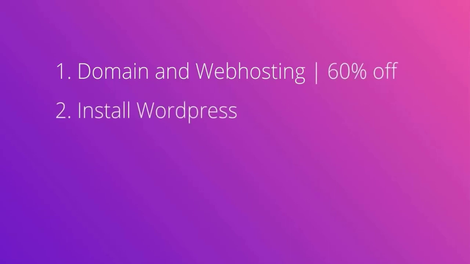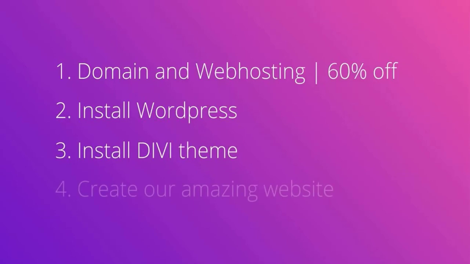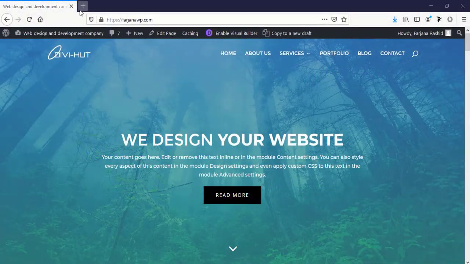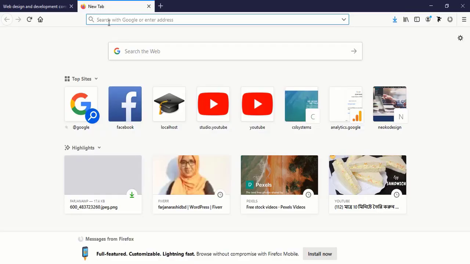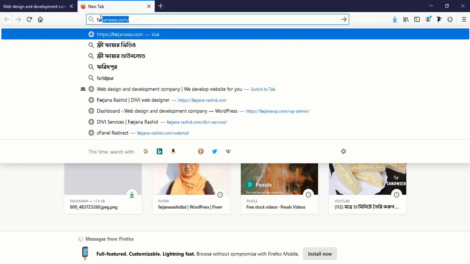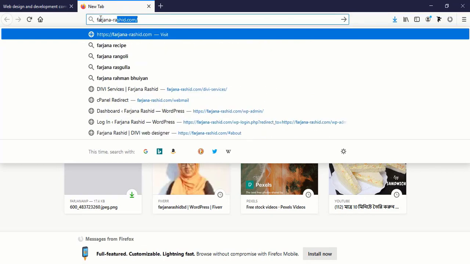Then we will install WordPress, and then I'll show you how to install the Divi Theme, and finally I will show you how to create our amazing website. If you have web hosting already, you can skip this part, or if you don't, then follow along. So to get a domain and hosting, just go to FarjanaRashid.com,